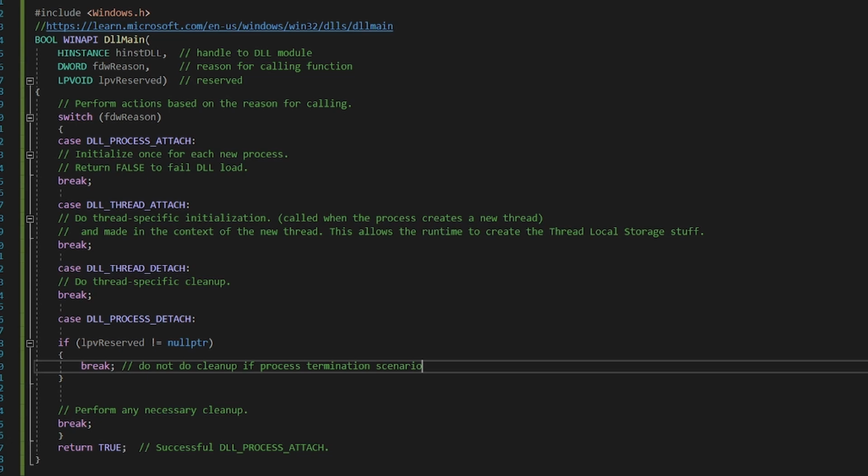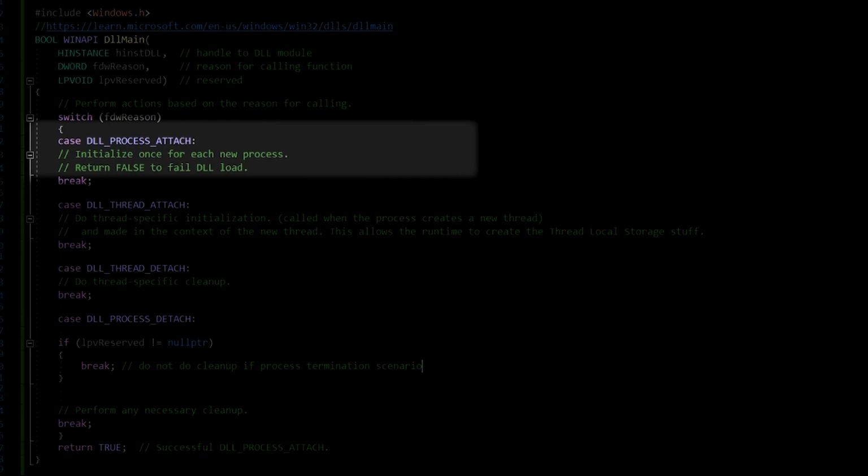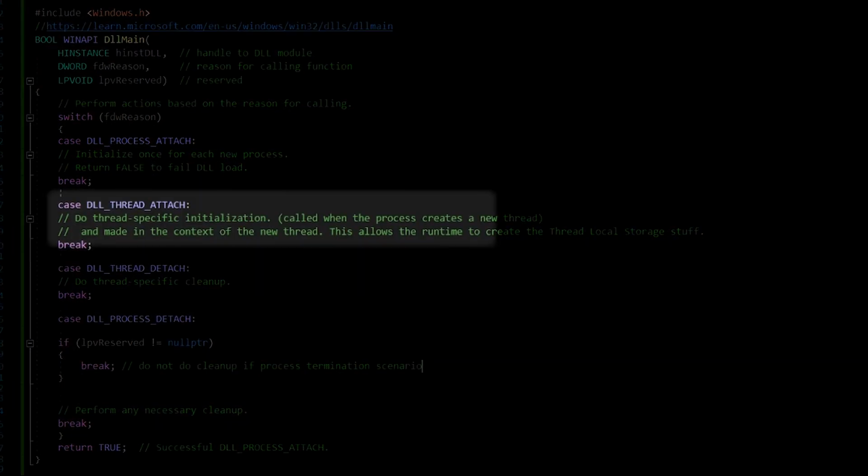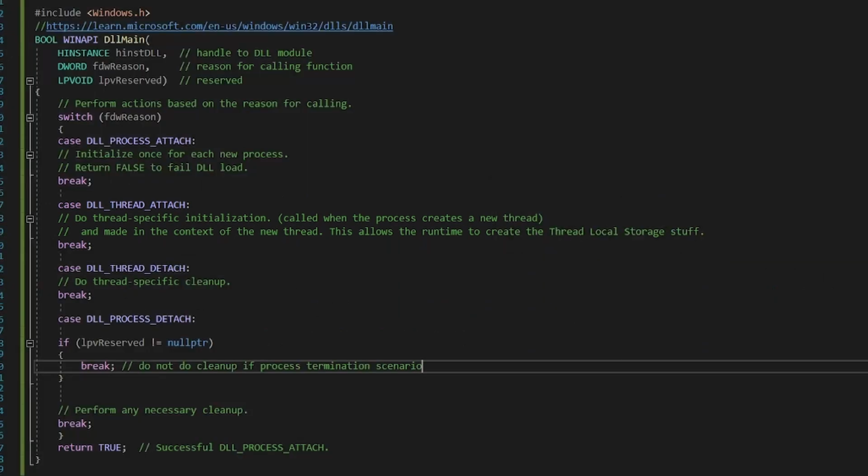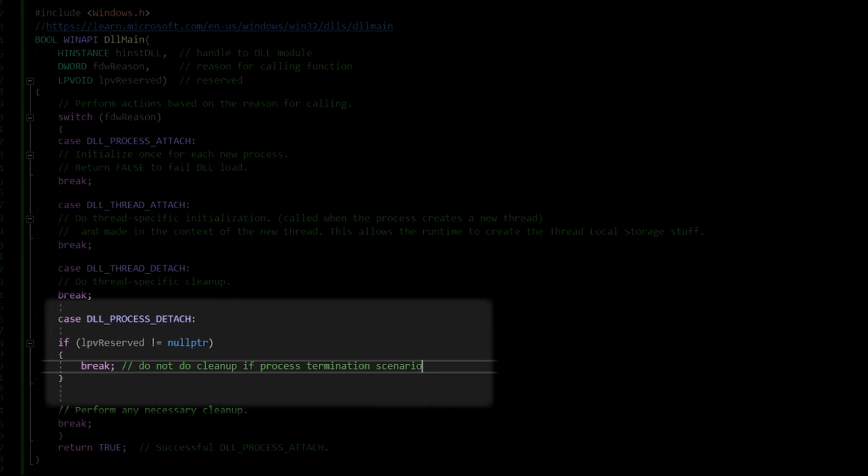So your homework is to play around with this. Try to print hello here and see how it behaves. Add a hello thread message here and see if you can make it appear on the screen by launching a thread in your main program, after loading the DLL. Also, closing your program will also call this function because you are detaching your thread. So if you open your program here, you basically create a program that can be closed.